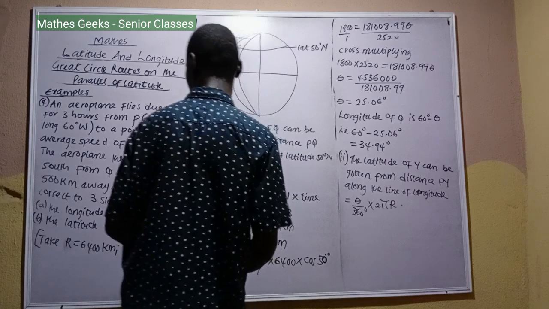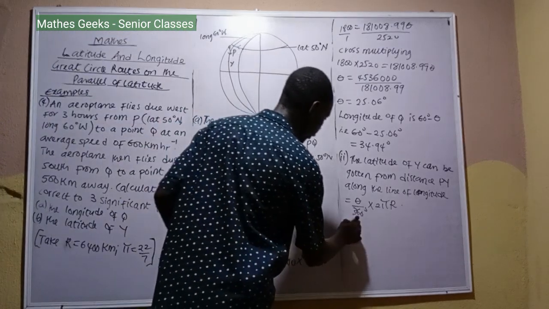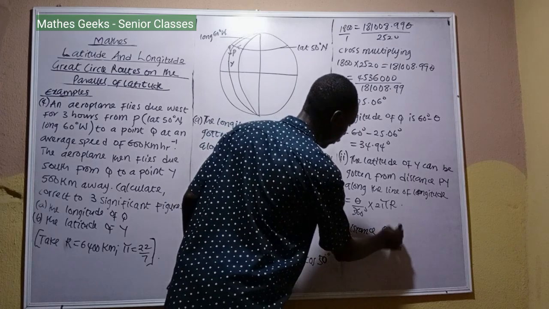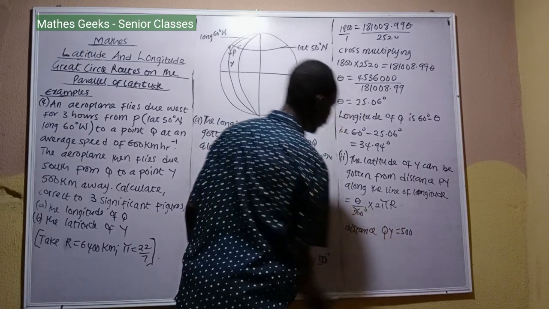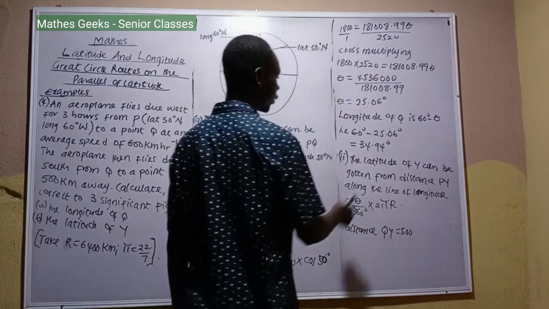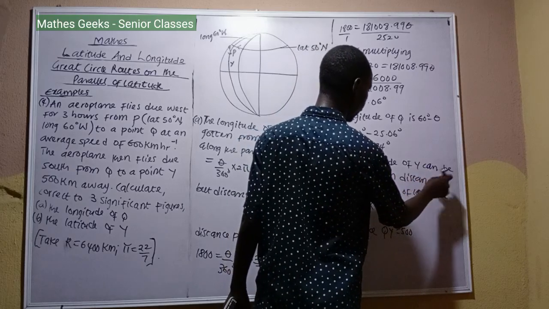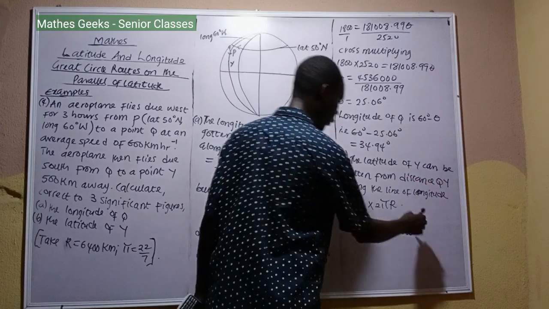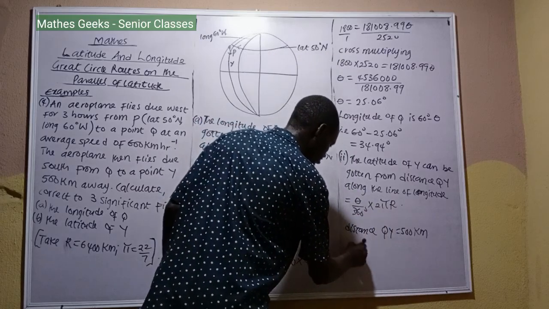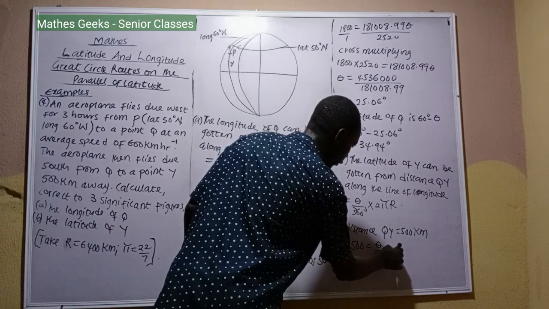We are told that the distance from Q to the point Y is 500 kilometers. So QY is equal to 500 kilometers, and so 500 is equal to theta over 360 degrees times